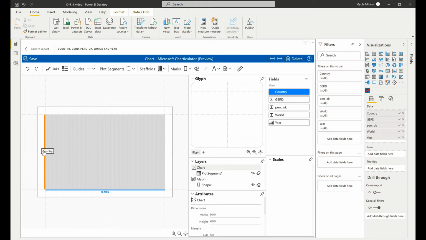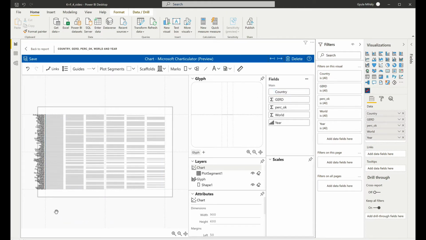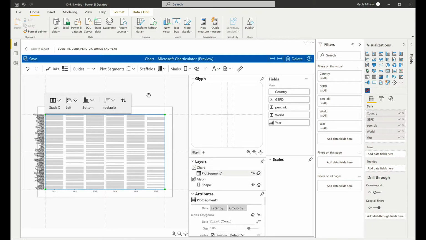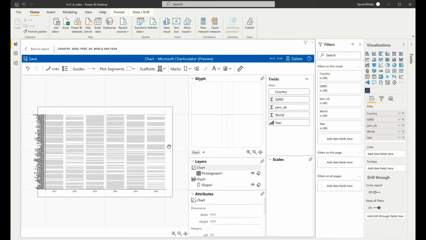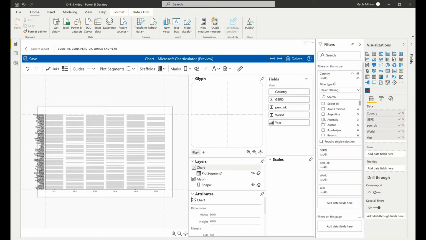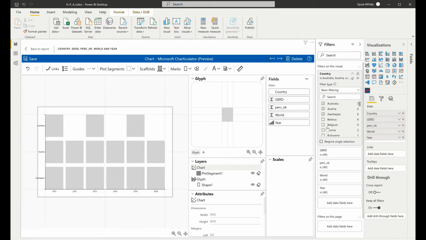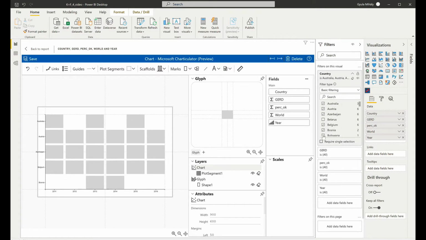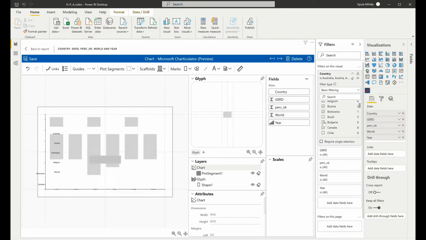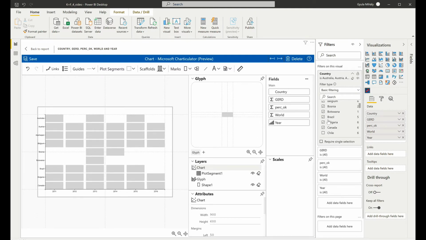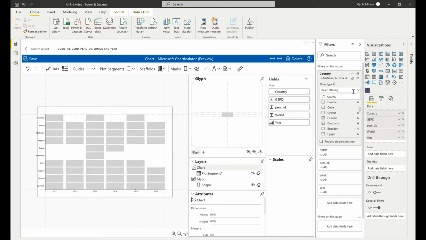Or for instance, in the plot area we can assign the axis to the data fields as well. So let's assign countries to the y-axis and the year to the x-axis, then we will have a matrix with the same size of shapes. But it's too crowded, so in the filter panel we can select some countries we are interested in. So I filter to 11 countries,